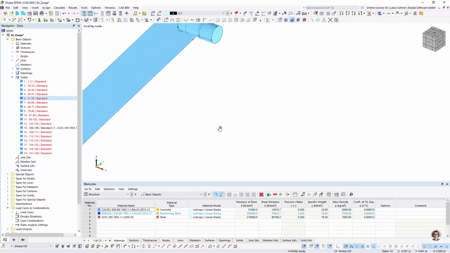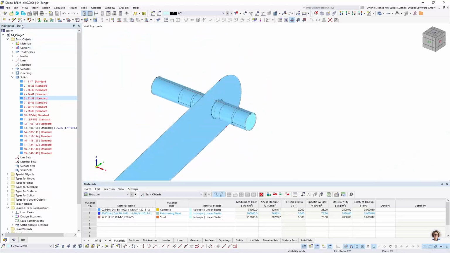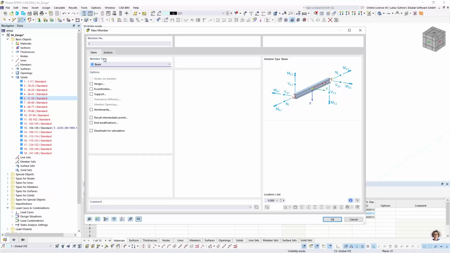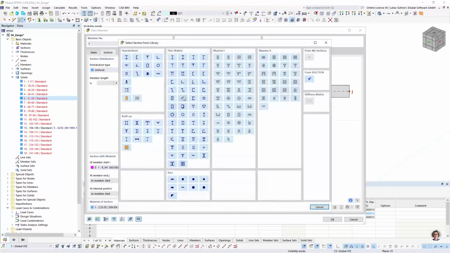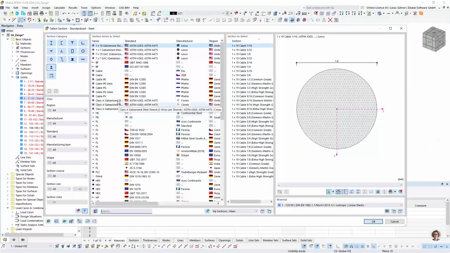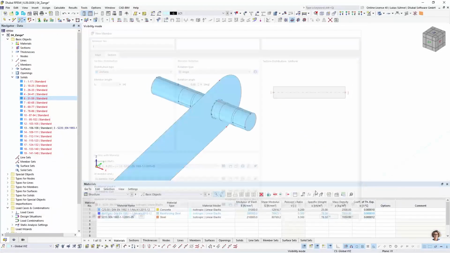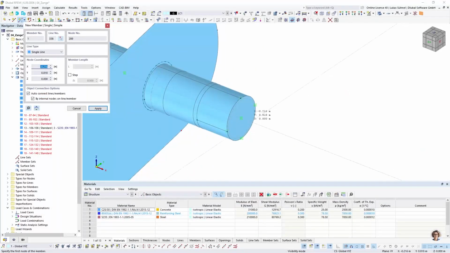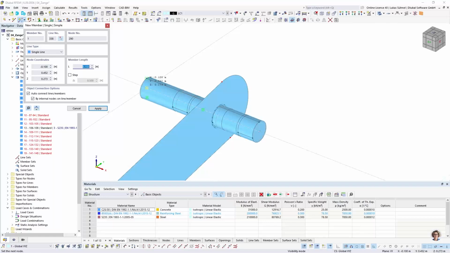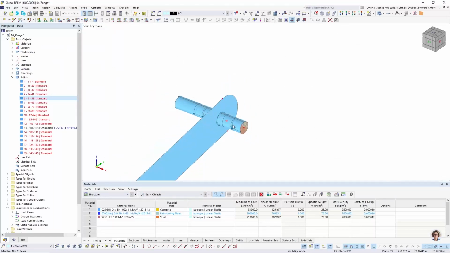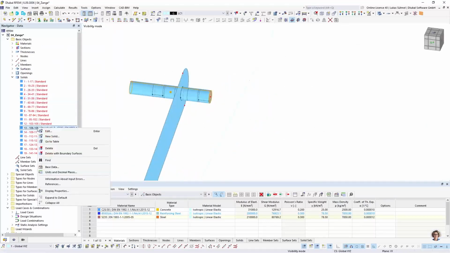Same for this bolt. I don't want to use a solid here. I want to use a beam. So I go into my library, select an R25, which is the diameter of that bolt, with the related material, and I am catching here the snap point, the center of a circle. Yeah, that's the snap point I can select. Same on the other side. Then I have here a member, and I can delete this solid